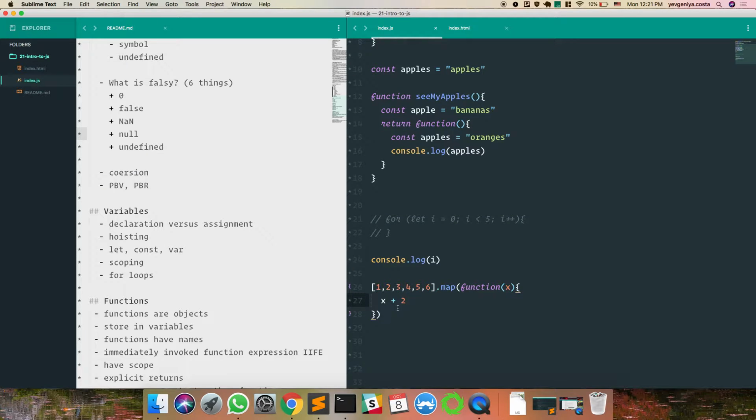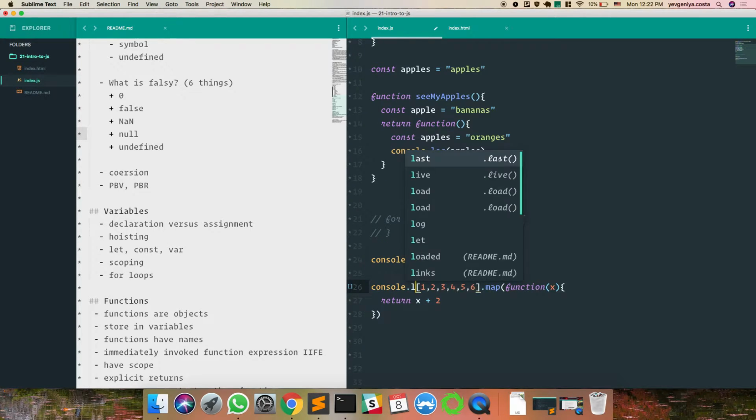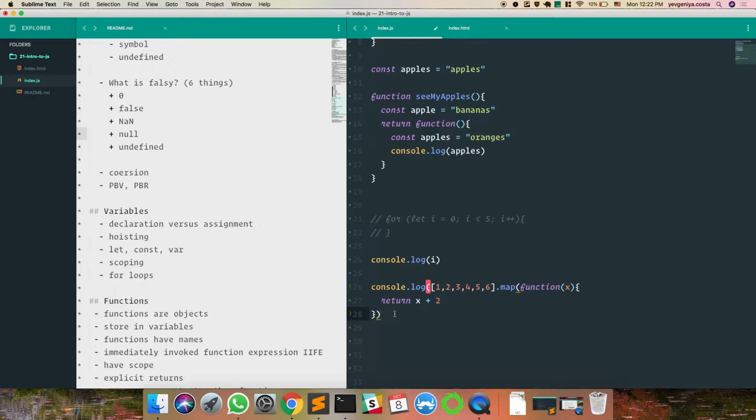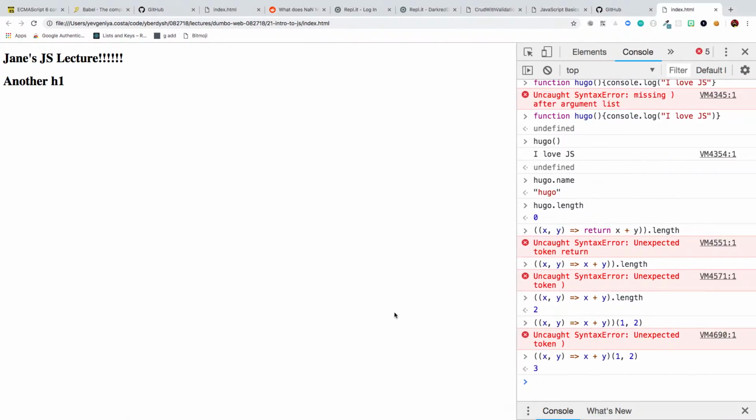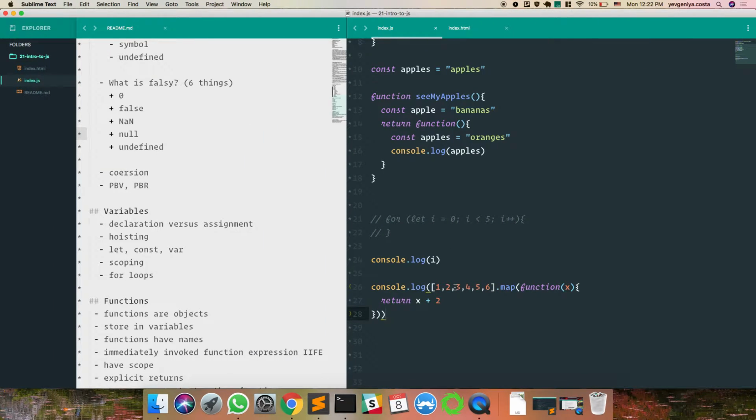Return. Why? Do we need a return? Yeah. Why do we need a return? No. You need a return because, well, JavaScript functions tend to need returns. And whatever you return here is going to be what you're returning for that new element to be. So, can I do this? Can I console log the whole entire thing? Did it work?